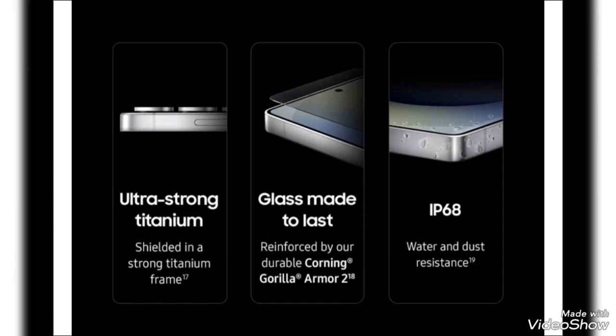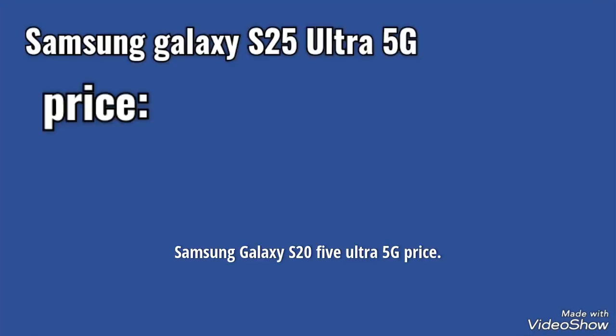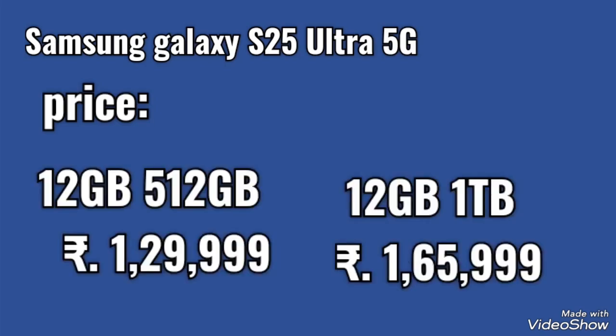19. Samsung Galaxy S25 Ultra 5G price. 12 GB, 512 GB: 1,29,999. 12 GB, 1 TB: